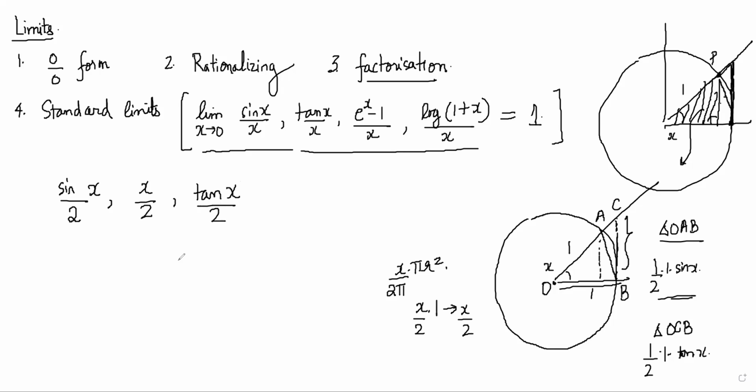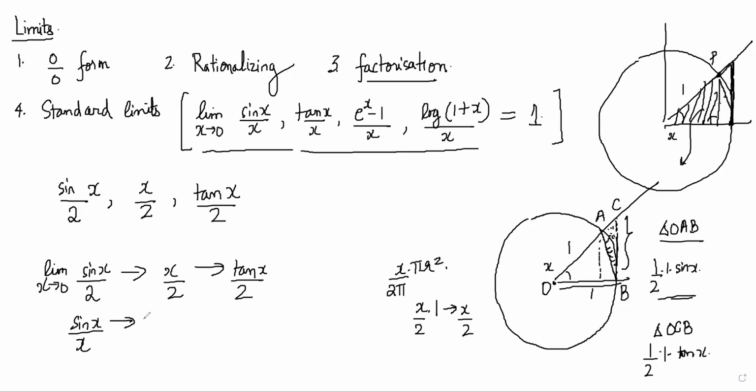And in the limit that you bring the angle x close to 0, all three areas should become equal, right? Because when the angle becomes smaller, you can see that this difference and this difference reduce and become smaller and smaller. So what we will have is, in the limit x tends to 0, sine x by 2 will tend to x by 2 will tend to tan x by 2. All three will be the same. So you will get sine x by x will tend to 1,